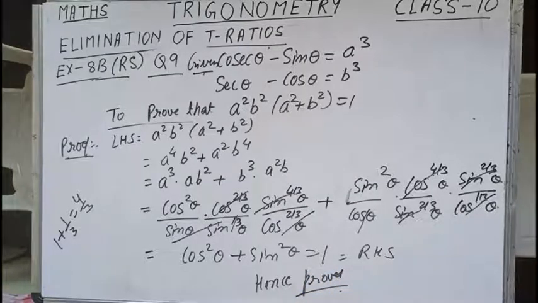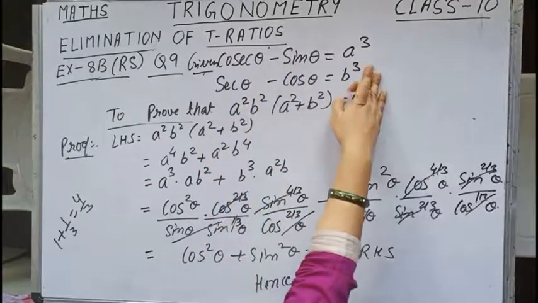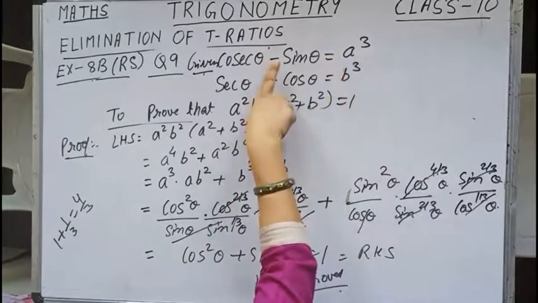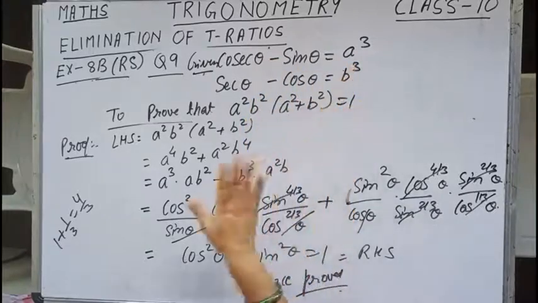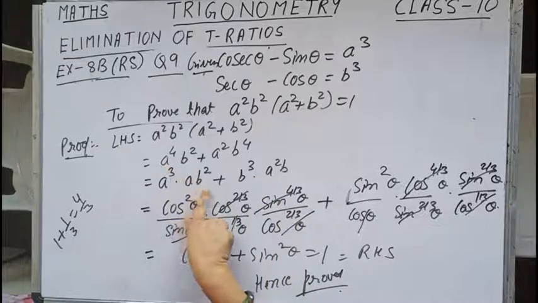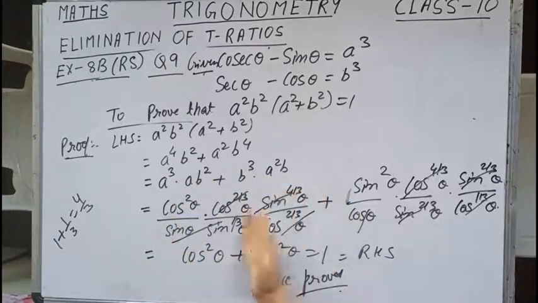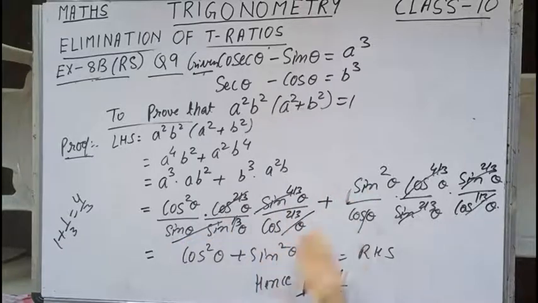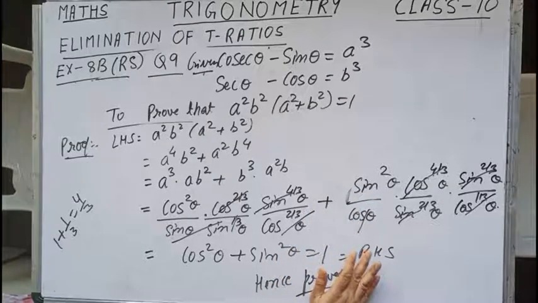So children, over here what we have done: we have calculated the value of this, A Q was given. So we solved it, we got the value of A, and hence substituted the value of A Q, also A square. Over here we substituted A square, over here B square. When we have written all the value substitution, all terms were cancelled, only cos square theta plus sin square theta was left, which equals 1, and hence got the proof. Let us find one more question.